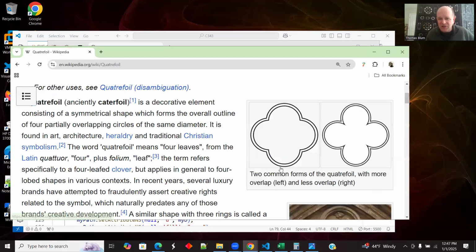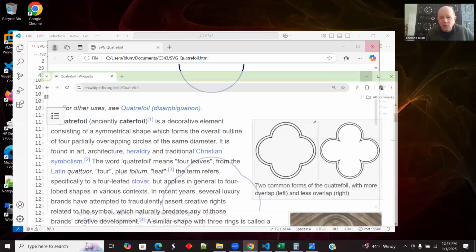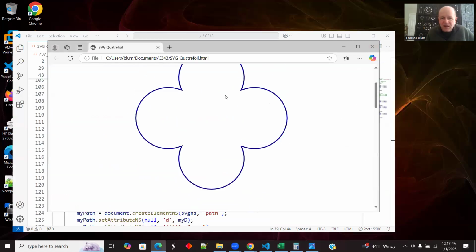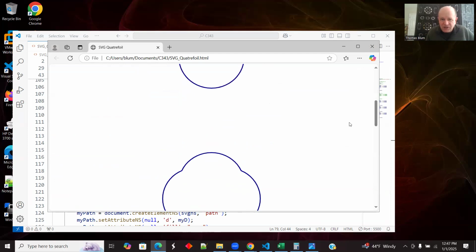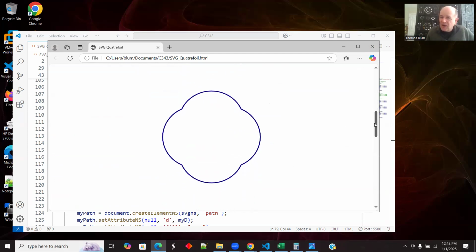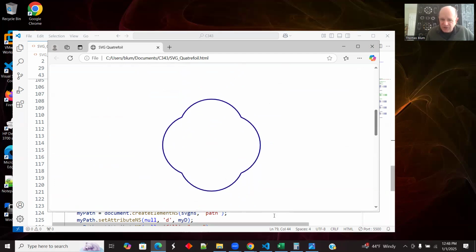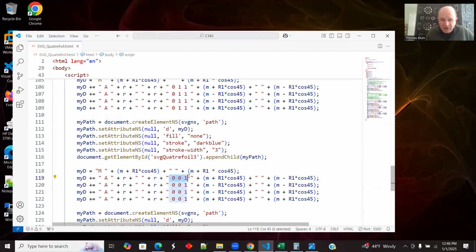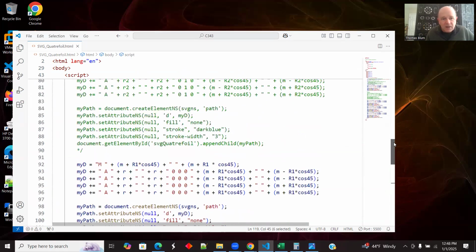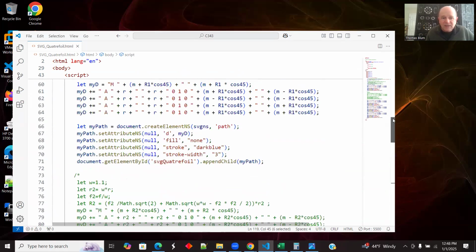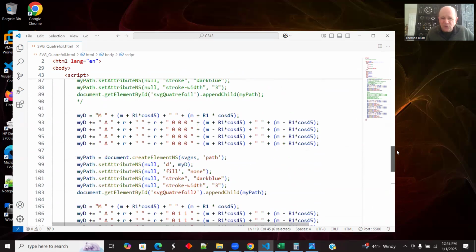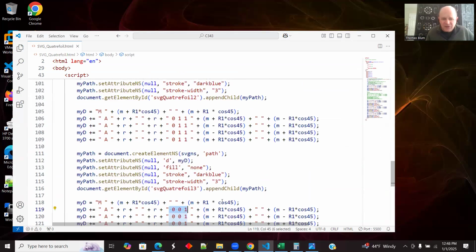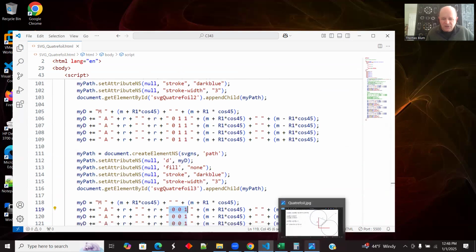Again, I'm just using the notation of overlap and less overlap. So I'm using that terminology, if you will, from Wikipedia. So this is not overlapping much, and this is overlapping much. And it's the same intersection points, but I'm just using different parameters here. So I went from 0, 1, 0 to 0, 0, 0, and then 0, 1, 1, and 0, 0, 0, 1